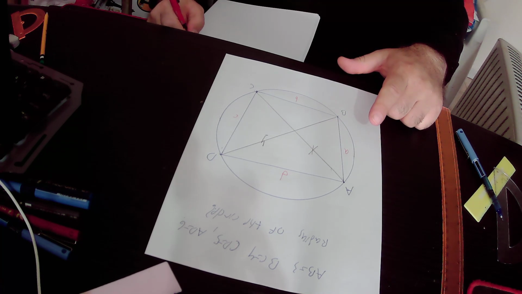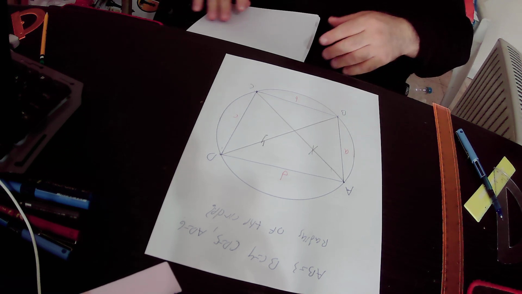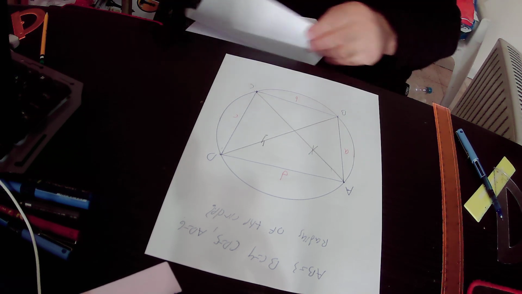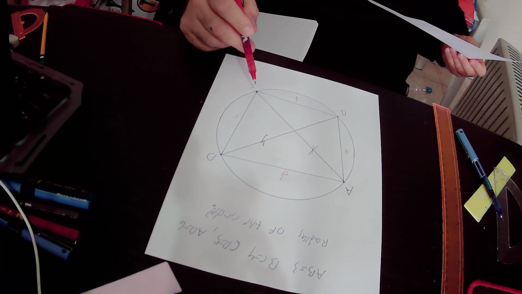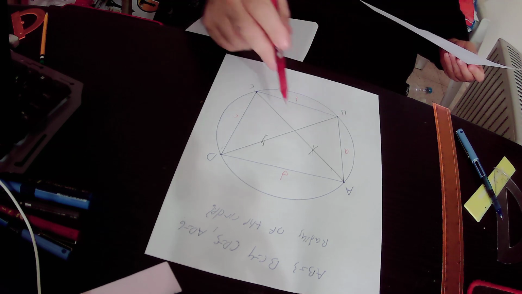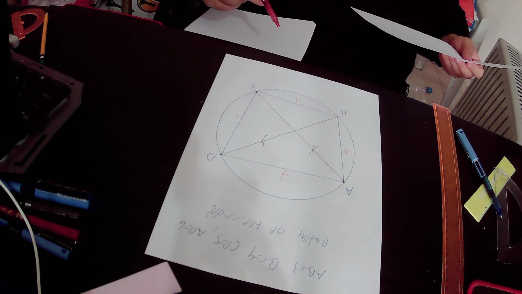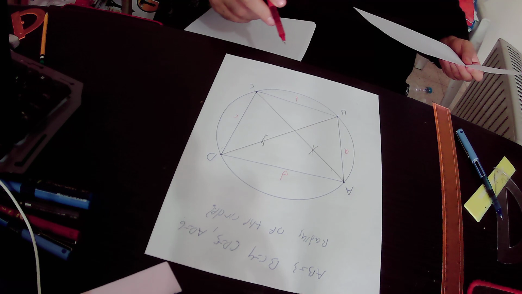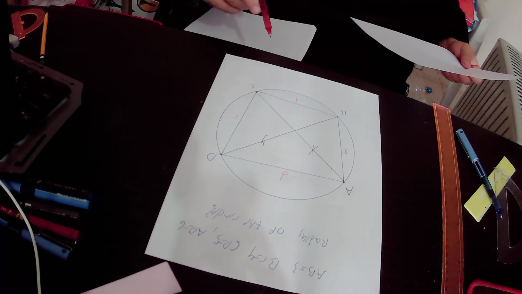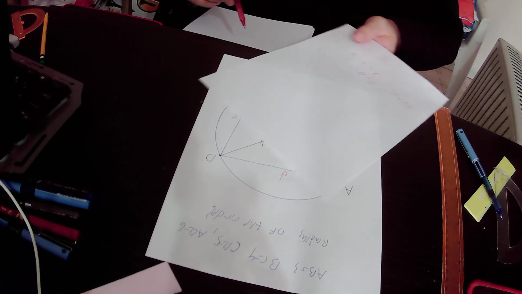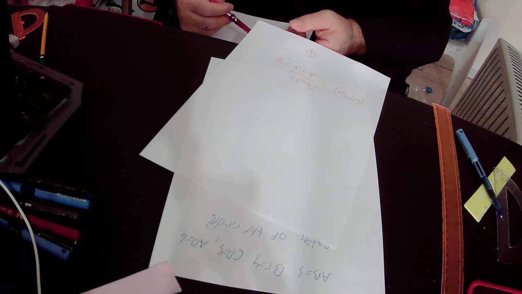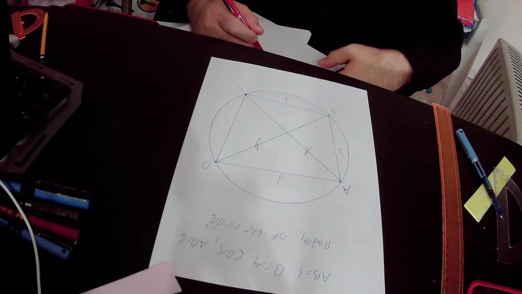This is according to rule number 3. The radius of this circle that blocks triangle ABC will be equal to A times B times X over 4 times the area of triangle ABC. But we can calculate